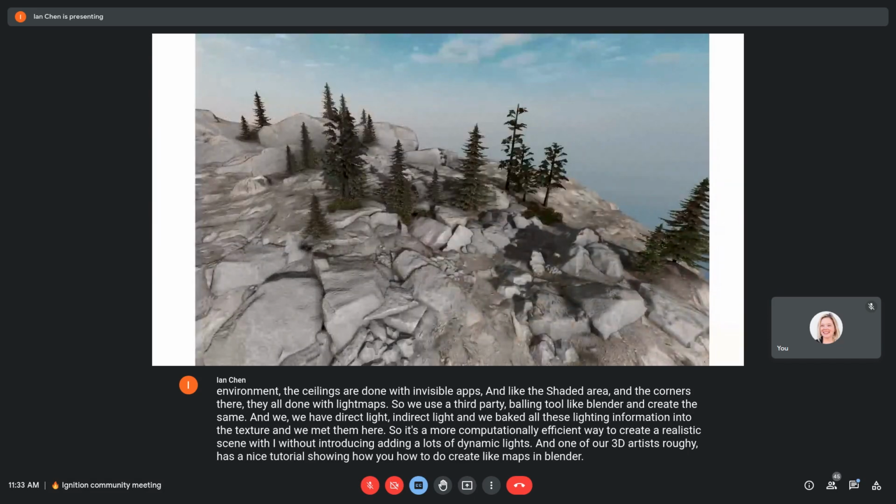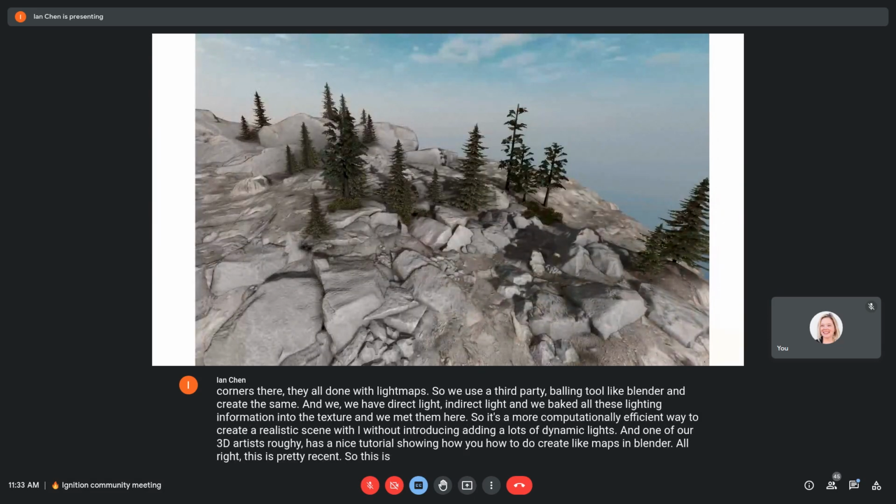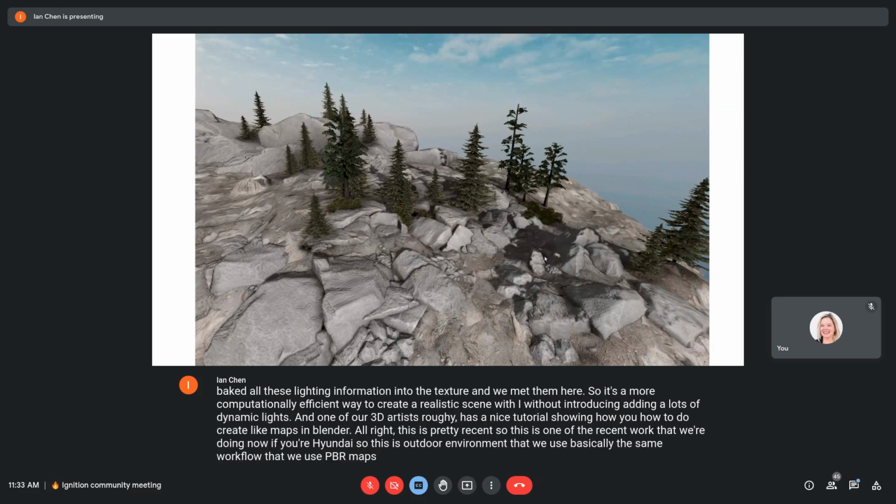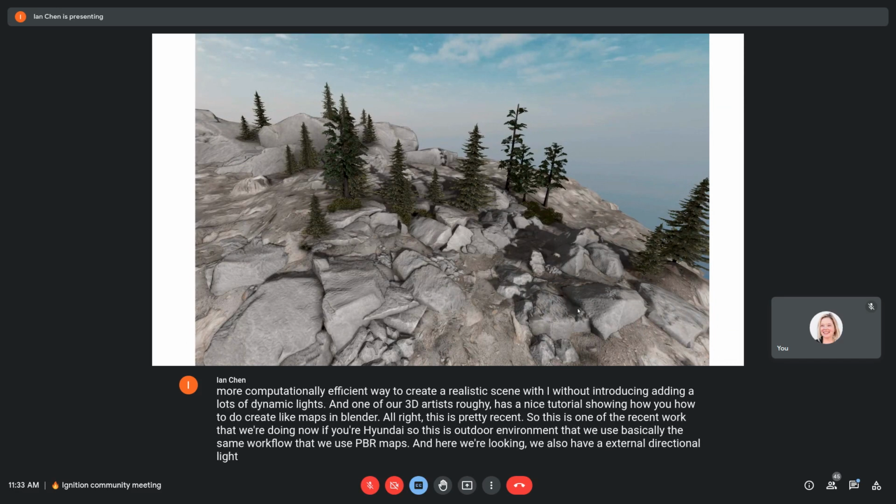All right, this is pretty recent. This is one of the recent works that we're doing now for Hyundai. This is the outdoor environment, and we use basically the same workflow with PBR maps. And here you're looking at an external directional light casting shadows. And what you're looking at here is typically